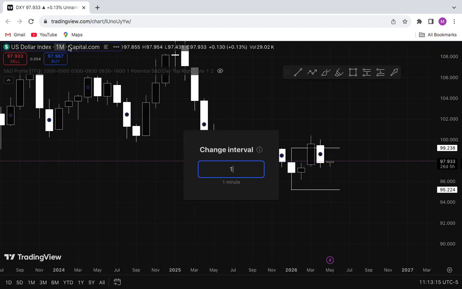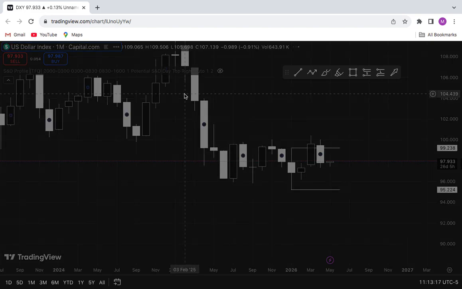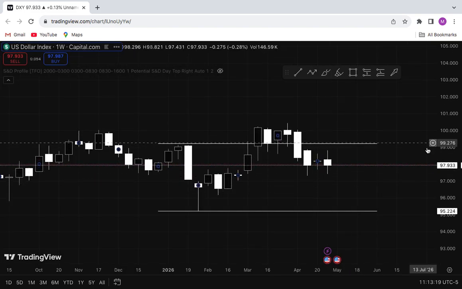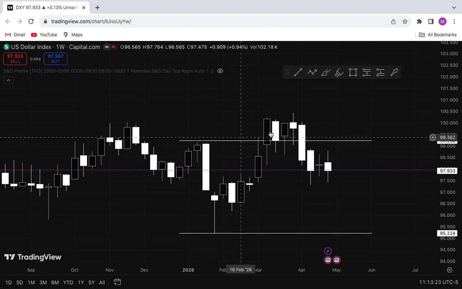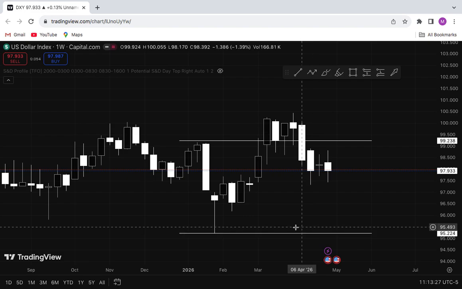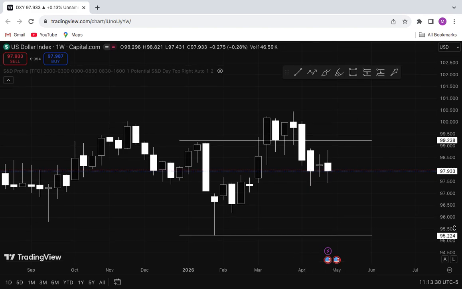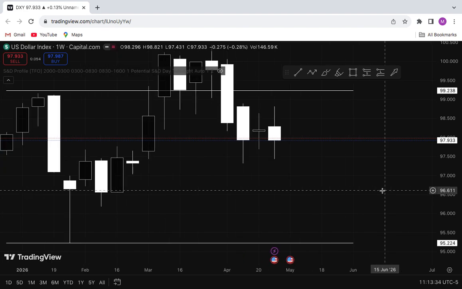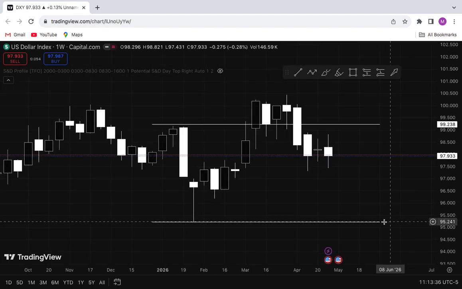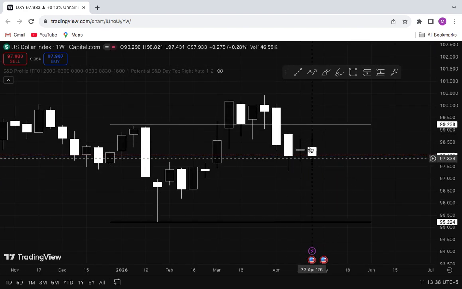Coming straight to the weekly time frame to check out the weekly profile, you can understand price just came out here, collected the liquidity and pushed to the downside. This range is still open and there's liquidity sitting down here. So as a CRT trader, what am I interested in? I am interested in this part of the market.